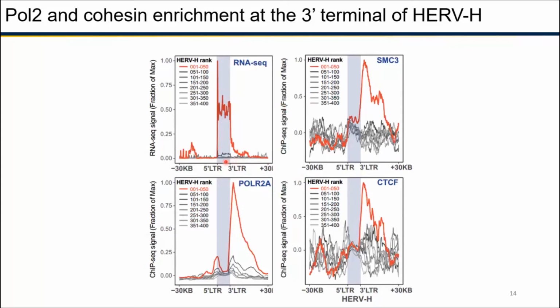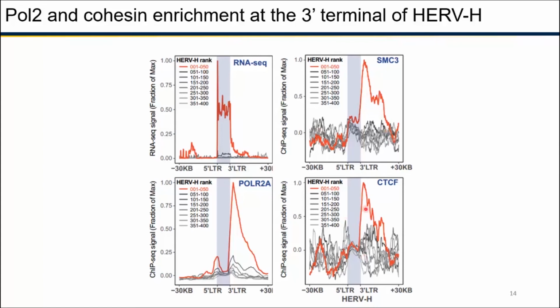And we also observed broad enrichment of POL2 and cohesin complex. Here is showing the subunit SMC3. And we also observed weak enrichment of CTCF, all of them on the 3' end of